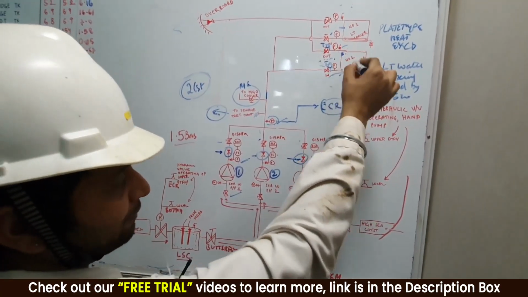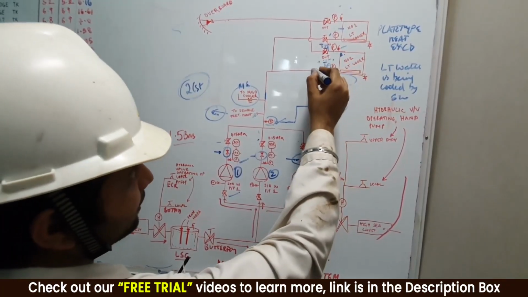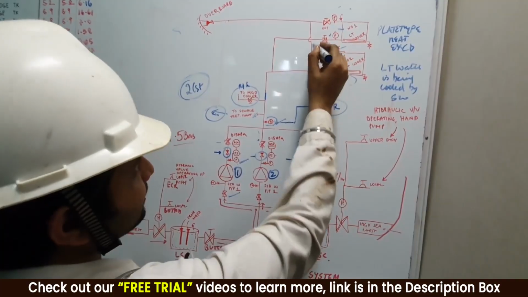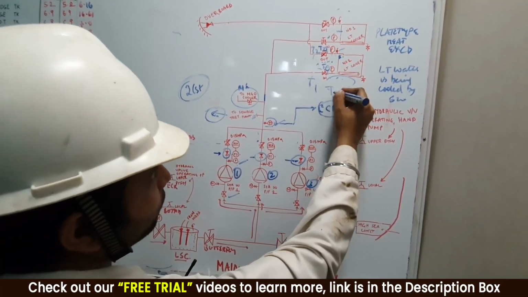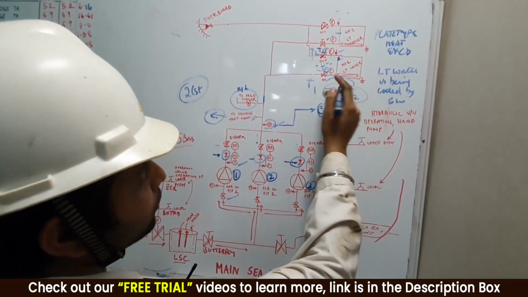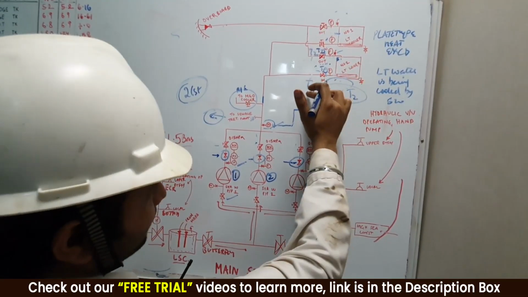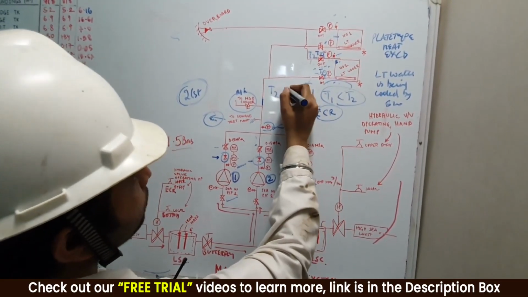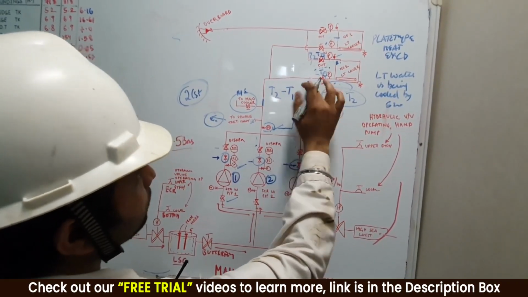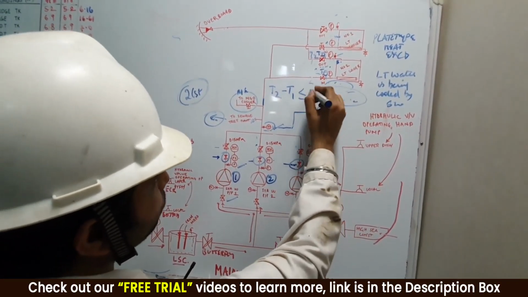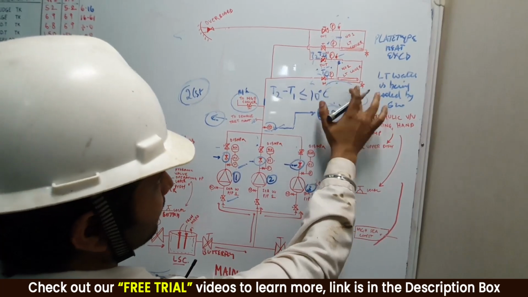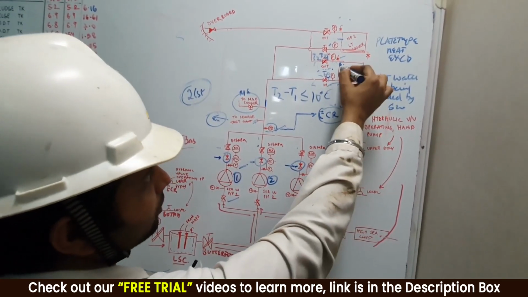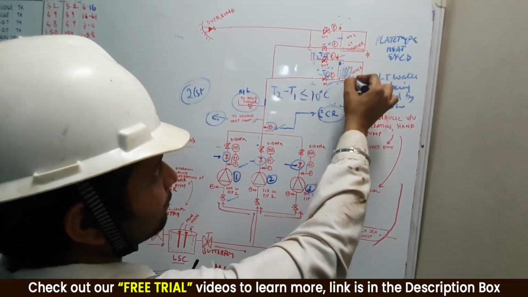They say in a plate type heat exchanger, say this is T1 and this is T2, see this is going in, so T1 will always be less than T2, right guys, because the heat is getting transferred. So your T1 will start increasing and finally come out as T2. Always remember that T2 minus T1 should be less than or equal to 10 degrees centigrade. If it is getting more, that means your filter could be choked. If the filter is also clear, that means now your LT cooler plates are choked. Then you have to clean these plates.